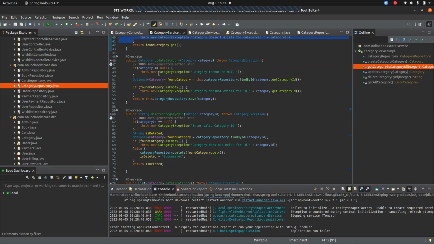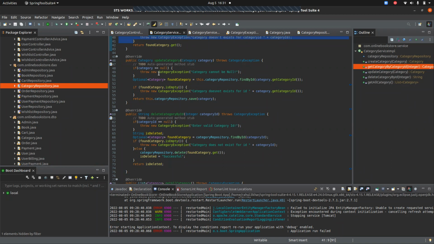What are you doing in line number 53? What is that found category dot is empty? Yes, sir. Highlight line number 53. Sir, if we are searching for a category and found category is empty, like the ID is not generated. If we are searching in the database, the option for this is like ID number 8, but ID number 8 is not there.